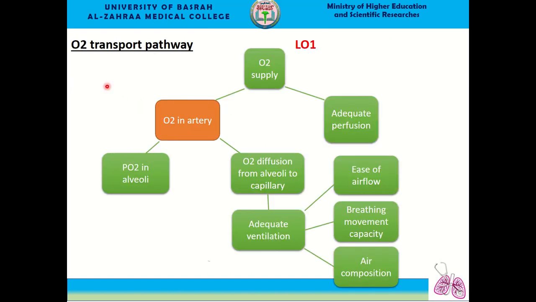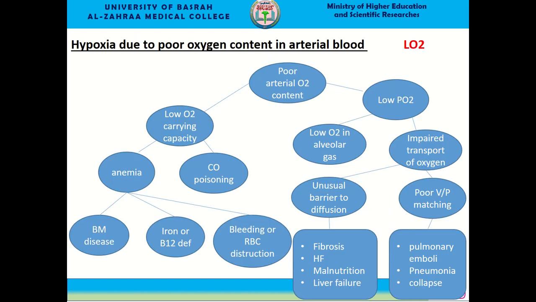Now let's talk about oxygen in the artery. We talked about adequate perfusion. Now we should talk about adequate oxygen in the artery. Okay. So hypoxia due to poor oxygen content in the arterial blood may be due to either low oxygen carrying capacity